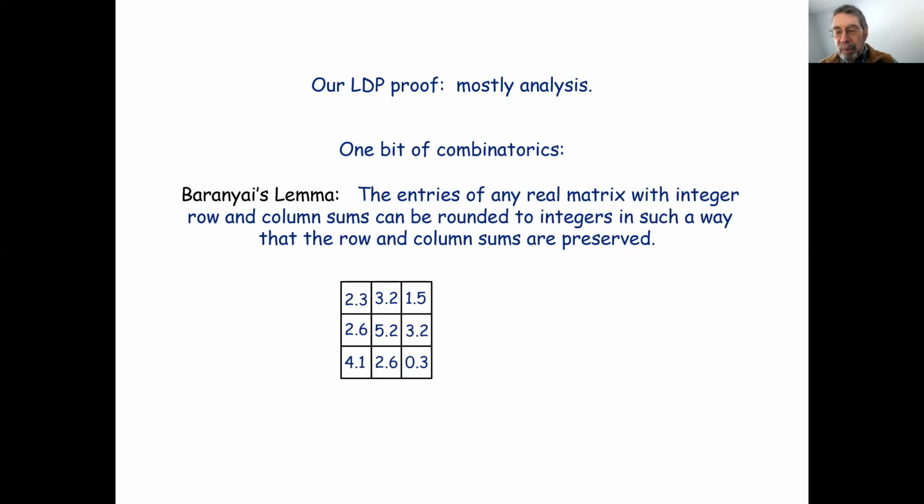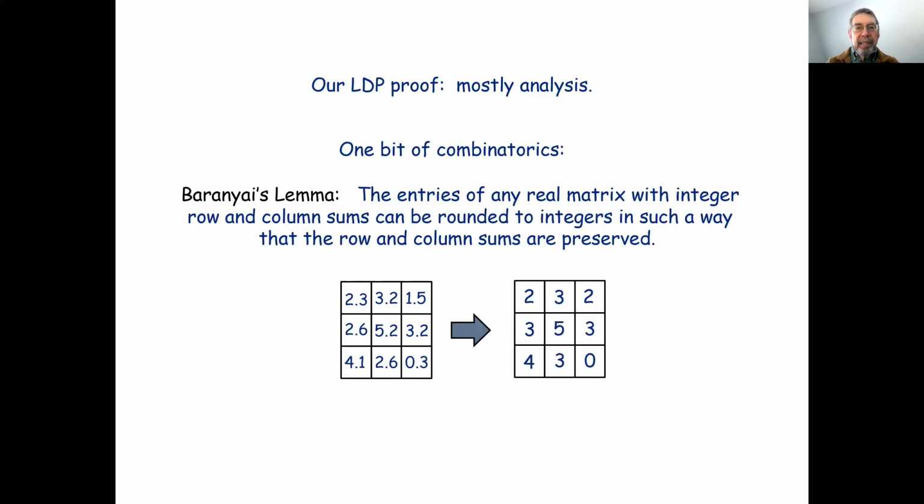So here's not a very elaborate example. I just used 1 decimal place, but here's a real matrix whose row and column sums happen to be integers. And the lemma says that we can round each guy either up or down and get an integer matrix with the same row sums and the same column sums. And why is that useful? Well,